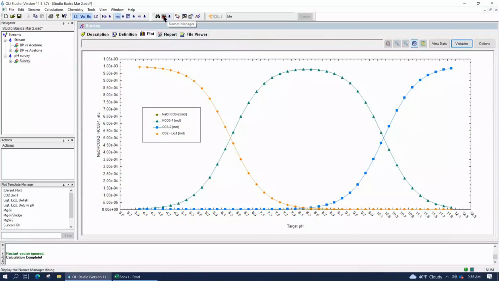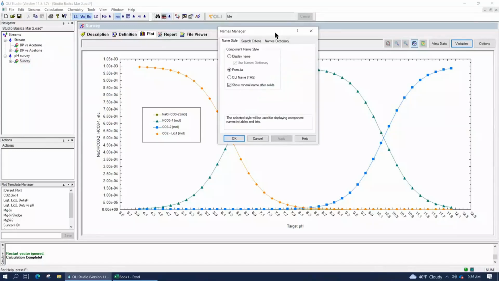If you click on this button up here, where you can see when you hover over it, the name appears as names manager, it will open up a names manager window. And depending upon how you want to consume your information, you can set that to be display name or what we call OLI tag name or formula.